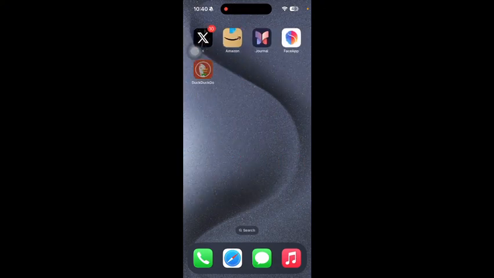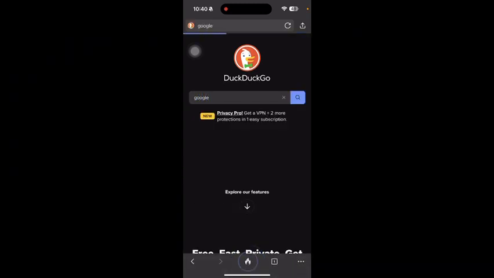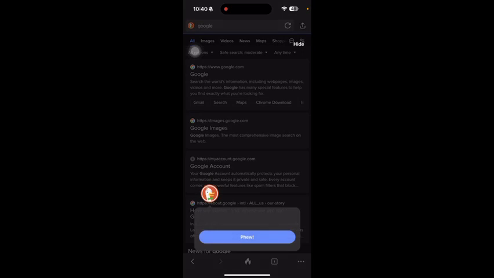So my search is working fine on my iPhone, so leaving a search for Google here, and as you can see it's working for me properly. However, if your DuckDuckGo search engine isn't working properly, just